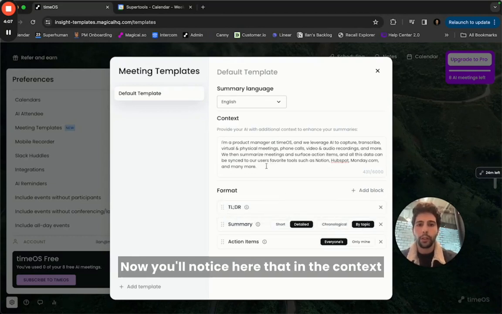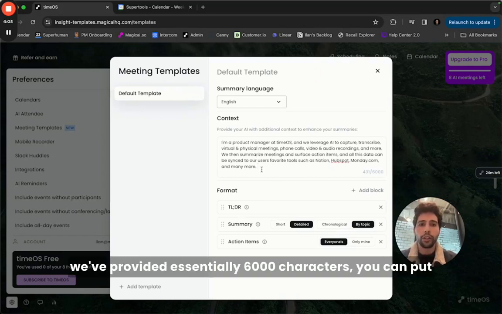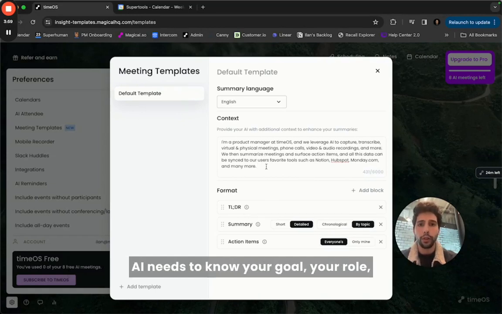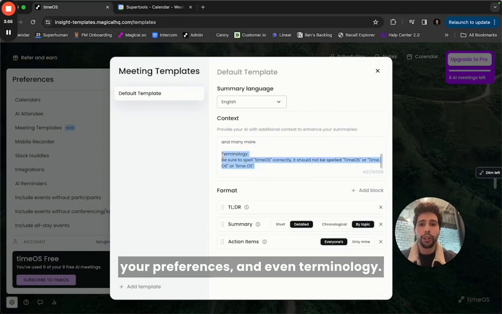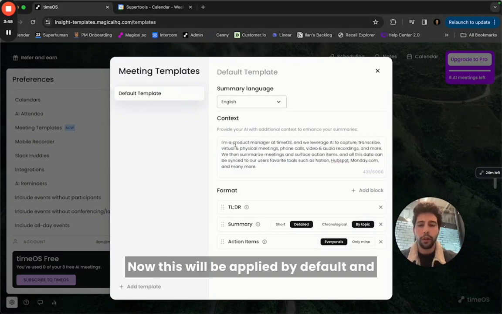Now, you'll notice here that in the context, we've provided essentially 6,000 characters. You can put in whatever you'd like, whatever you think the AI needs to know, your goal, your role, your preferences, and even terminology. In this case, I made sure my AI knows how to spell TimeOS correctly. Now, this will be applied by default, and that's great, but there are plenty of meetings that need a very